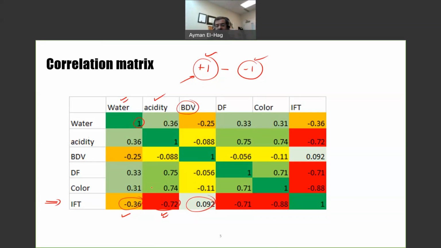It's 0.092. The DF is similar to the acidity. The highest is the color, okay, which is minus 0.88. Now, what we want to do now, I will recall the same data, and then I will start to